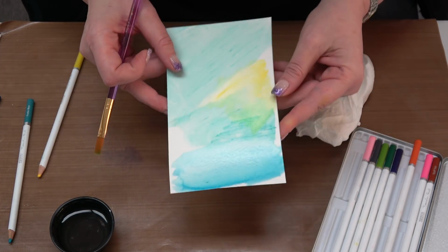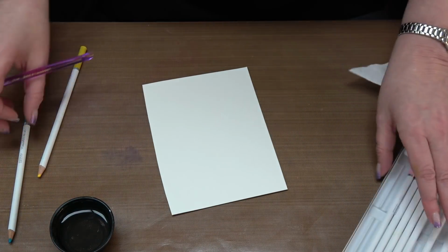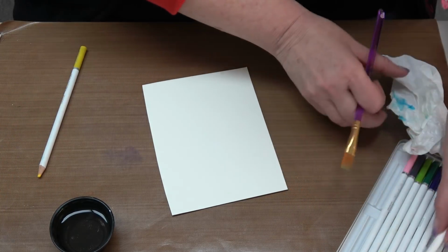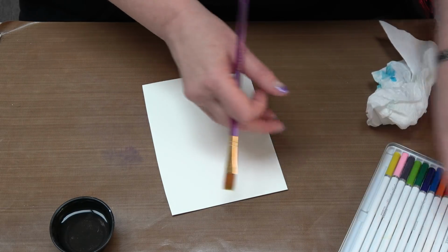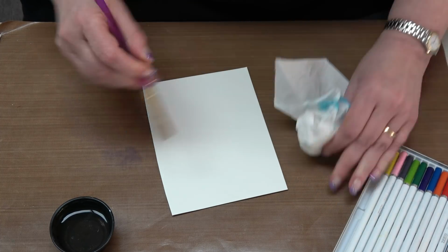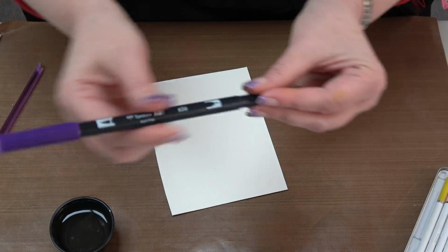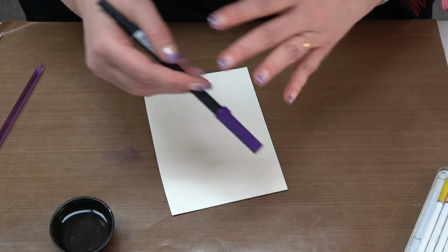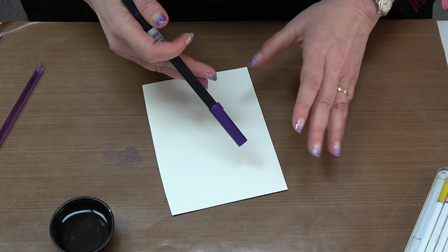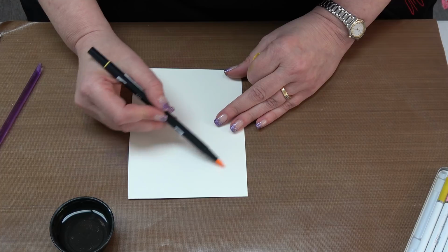Now, watercolor pencils are very different than a pen. Let's see. This one's wet. These are dry. Watercolor pencils are very different than a watercolor pen, or the Tombow, they call them just a dual tip water-based pen. And these are going to give you a slightly more vibrant color, and they're going to blend beautifully as well. Let's take a yellow and